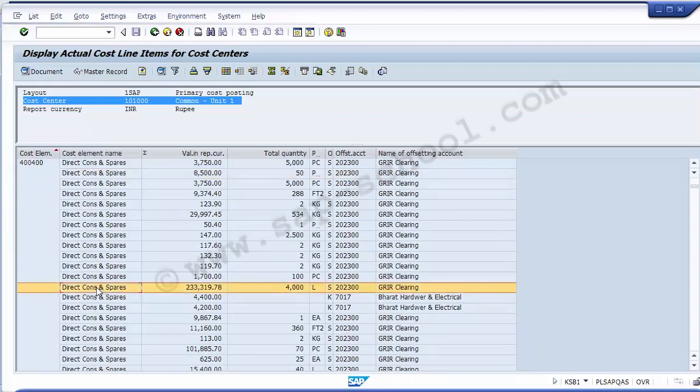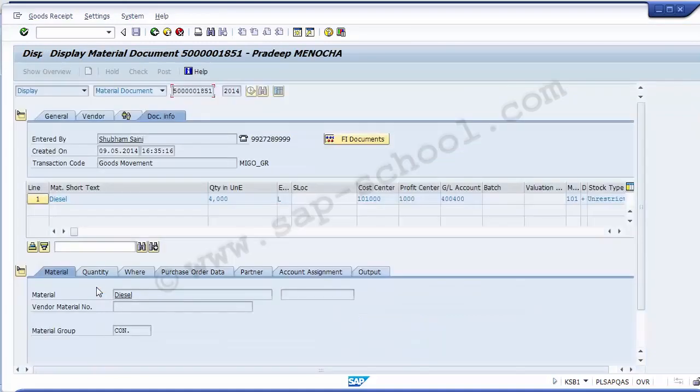Once you double click on that particular line item, it will take you to the original document. As I clicked on this one, as you can see, it has taken me to the original document. That particular line item has been created from the material document. That is, the MIGO has been done for that, the gate entry has been done for that. On the original screen you can check those details, and you can even go to this FI document and check what FI document was generated at that time. So if you click on the FI documents,